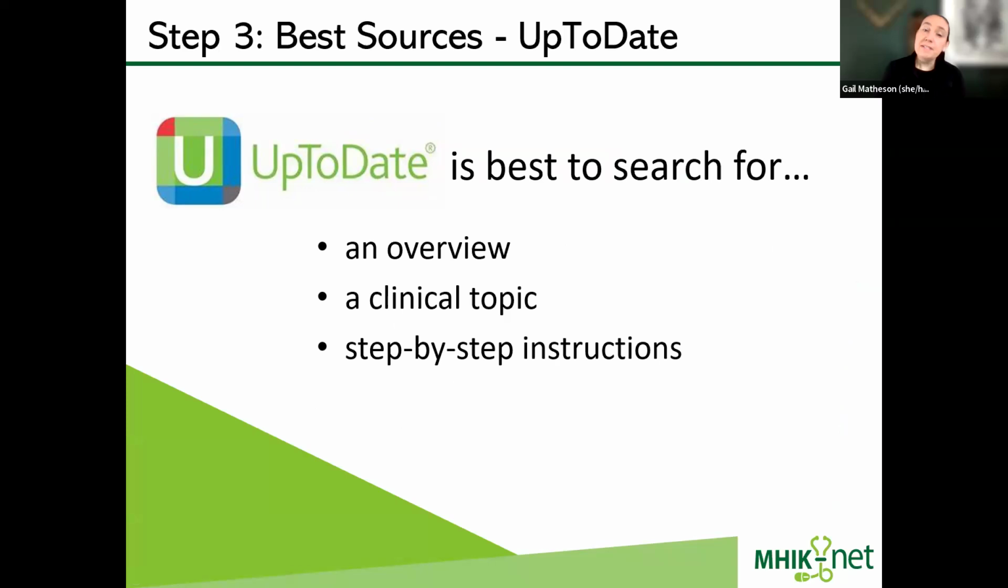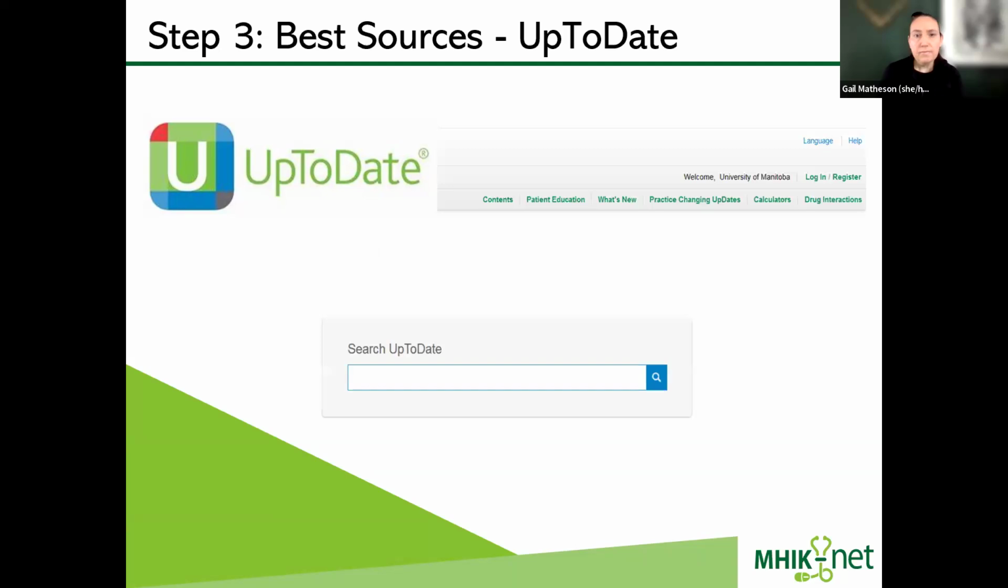So it's best if you're looking for an overview of a topic, you're just starting your search, maybe you don't know all of the different keywords that you should be searching. You just want to start somewhere. UpToDate's a good place to start. A lot of clinical topics. So if you're looking for procedural information, step-by-step instructions, drug information, it's a good place to go to find that type of stuff. It's really easy to search, and to get to it,